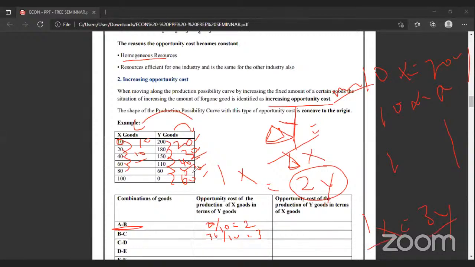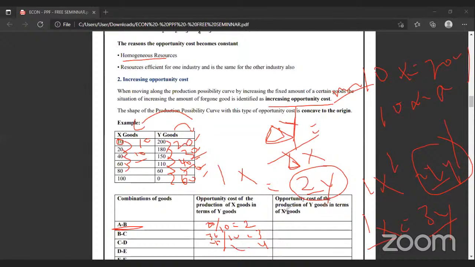It is increasing. Now again, see that 40 divided by, again, 10. Now 4. That means the third combination is what? To produce 1 X good, now we need 4 labors. That means every labor is not of the same capacity. You see, that shows the companies are utilizing resources in a very poor way. Earlier we used 2 labors to produce 1 mobile phone. Now we are using 4 labors, right? So we are taking 4 labors from the Y production and putting them in the X production to produce 1 X good. That means our opportunity cost is increasing because resources are not of the same nature. They are not of the same efficiency.